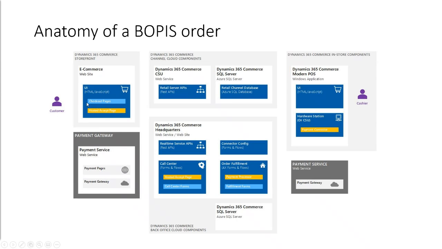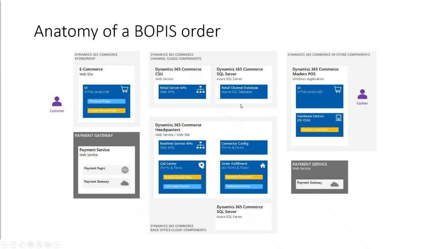So the customer navigates to checkout. When we're pulling up the checkout page, we figure out what URLs we need to call to create the payment. Those URLs are called, and the payment gateway returns these objects that are used to add your credit card details. Once the customer provides those details, they are added to the order. When they click place order, we get the token from the payment gateway and we authorize the transaction, and then an order is created in the back office, or in the channel database.